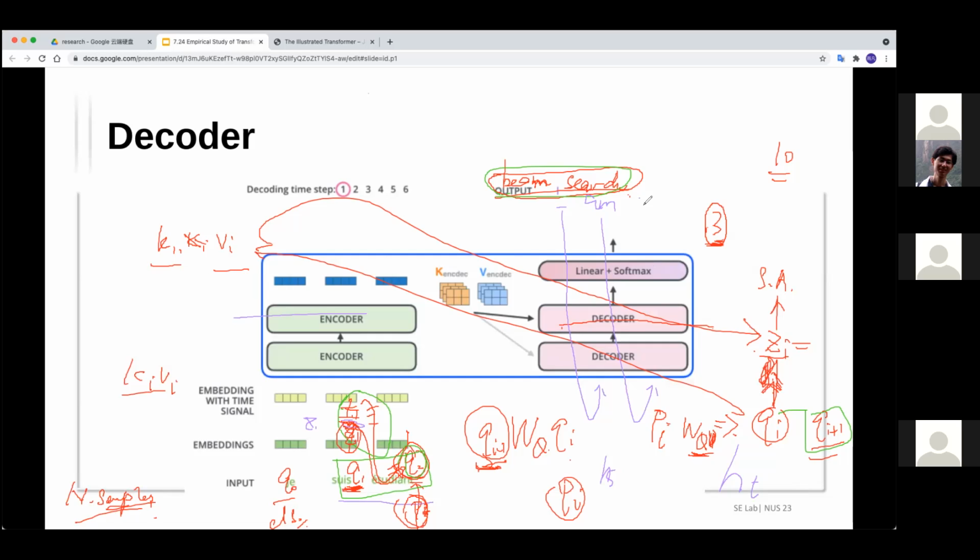You can also refer to the blog I shared in the WeChat group. It has a vivid video that shows that it also follows the typical